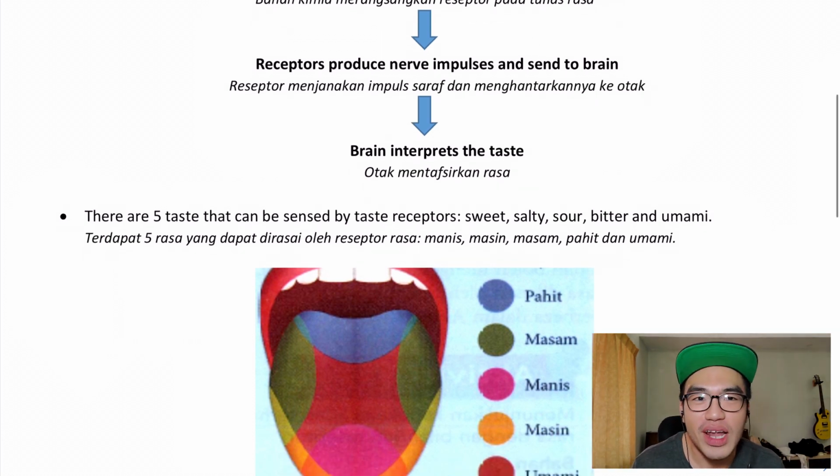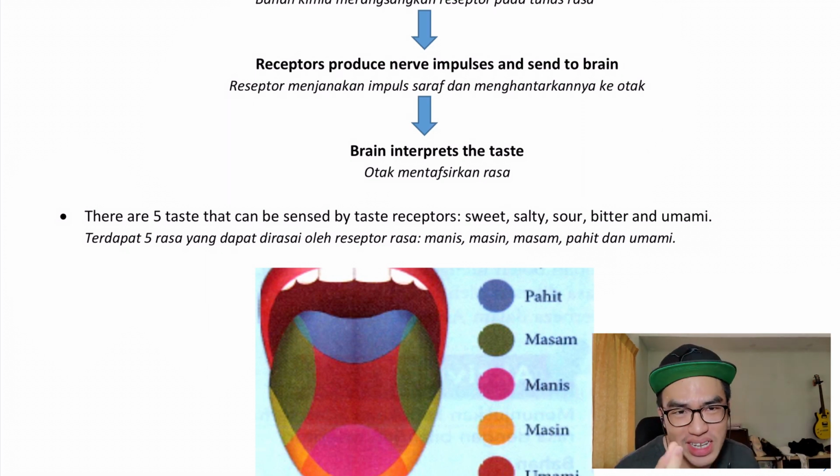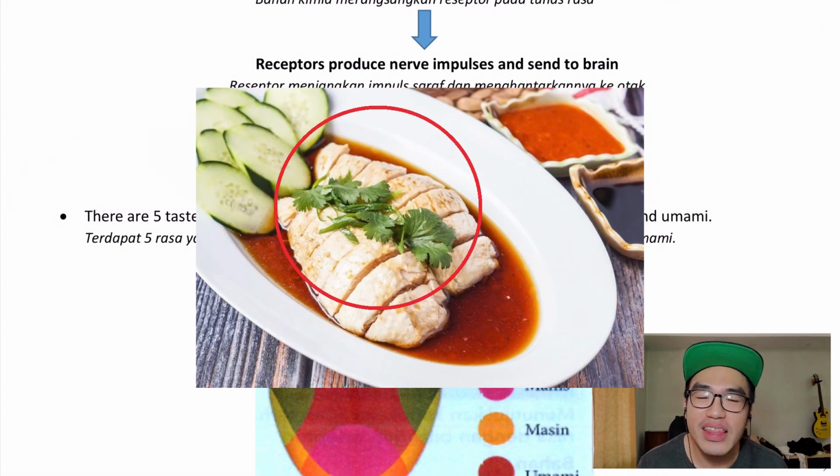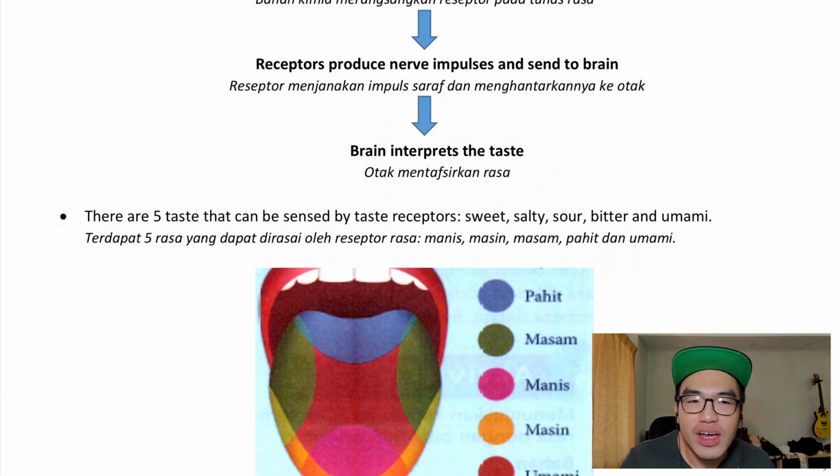One food that I would like to point out here is coriander, or we call it cilantro. So what is that? Whenever you eat Hainanese chicken rice, the leafy thing that's on there, that would be our coriander. So what makes some of us love coriander and some of us absolutely hate it? This is actually a genetic thing. Some of us are born with certain receptors on our tongue that make coriander taste like soap.